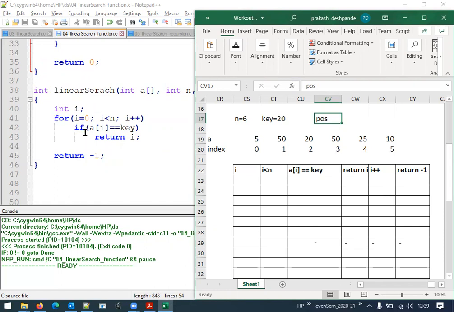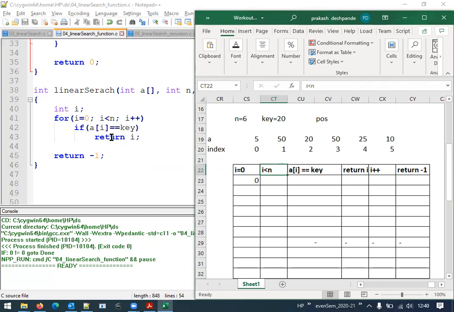In order to make it easy for the tracing, for the for loop, the first part, that is i equal to 0, is the initial value. That 0 I can write over here. And then the condition i less than n is written in the second column. If this condition is true, it is going to execute the next line, that is the if statement. So if a of i is equal to key, that is written in the next column.